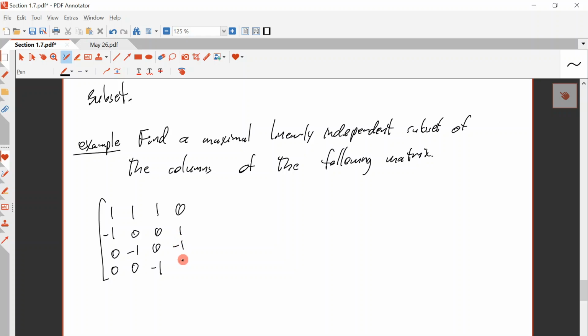0, 1, negative 1, 0, 0, 1, 0, minus 1, 0, 0, 1, minus 1. Okay. So I want to get this into row echelon form. Okay. So first I'm going to add